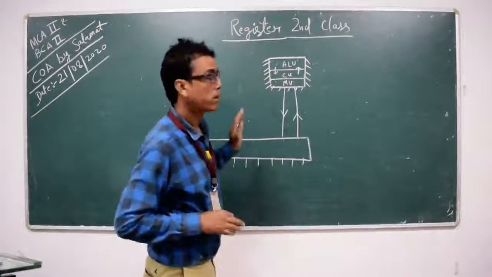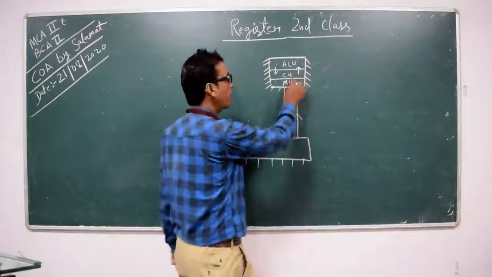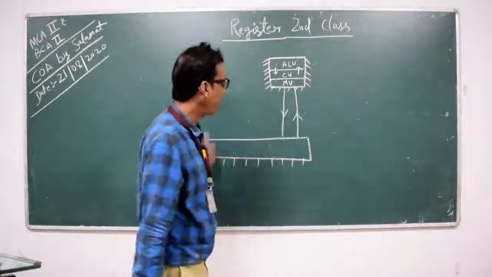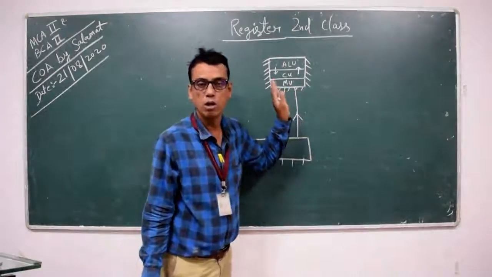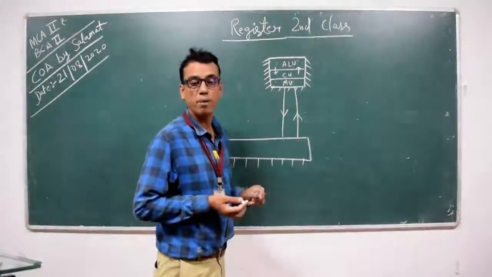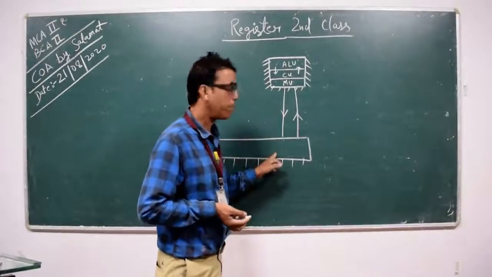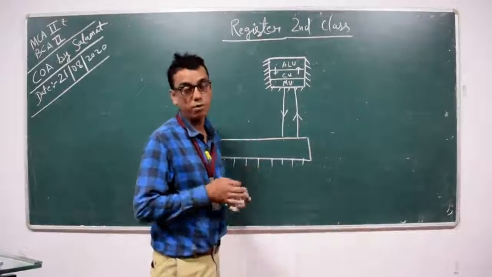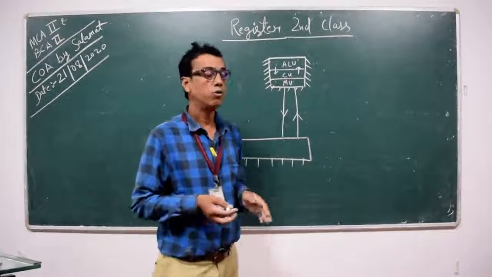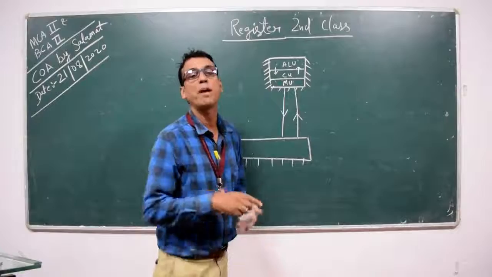Now, gradually we are coming to our topic of the day, MU, the memory unit. You can see that main memory is connected with MU. If you look at the whole design from outside the microprocessor, you see that RAM, the main memory, is connected with the microprocessor. But when you explore the internal structure of the microprocessor, you will come to know that main memory is connected with the memory unit of the microprocessor.